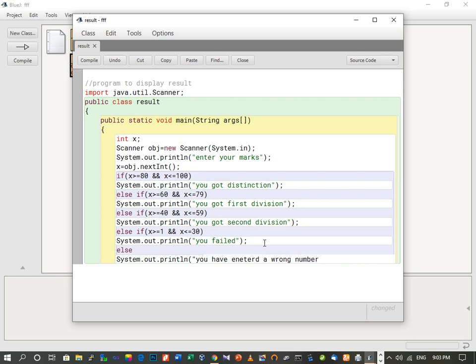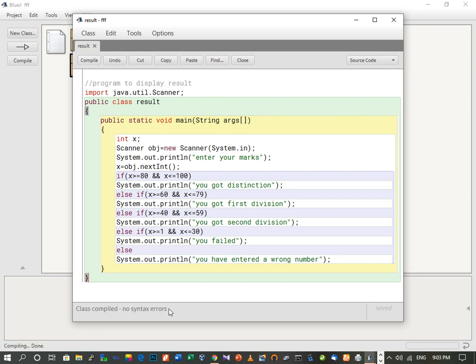Then suppose if the user enters any negative number, or if he enters more than 100, because normally in any exam we have marks in between 1 to 100. So if any person enters more than 100, or if he enters less than 1, so in that case one message will be printed that you have entered a wrong number. So this is complete, all the conditions are provided over here. Now we close the brackets and we compile the program.